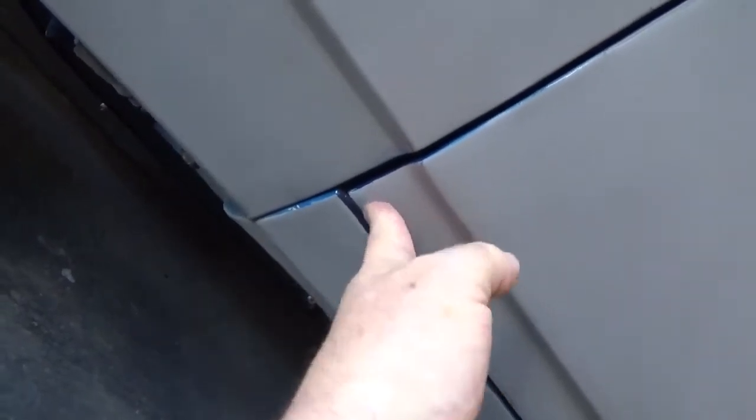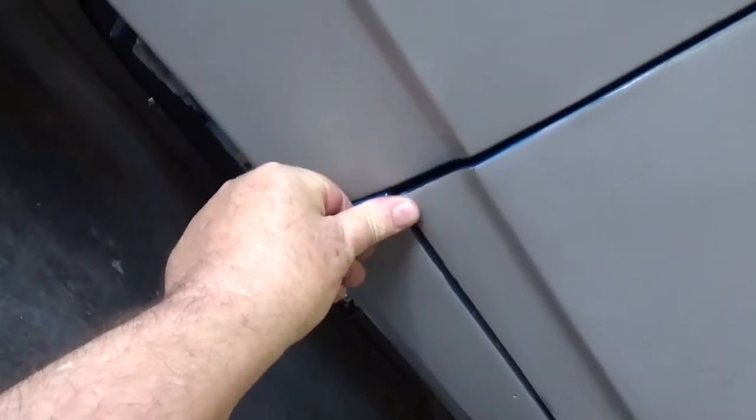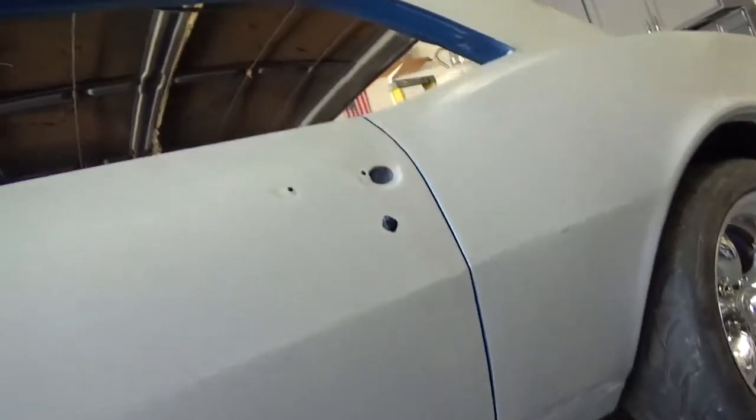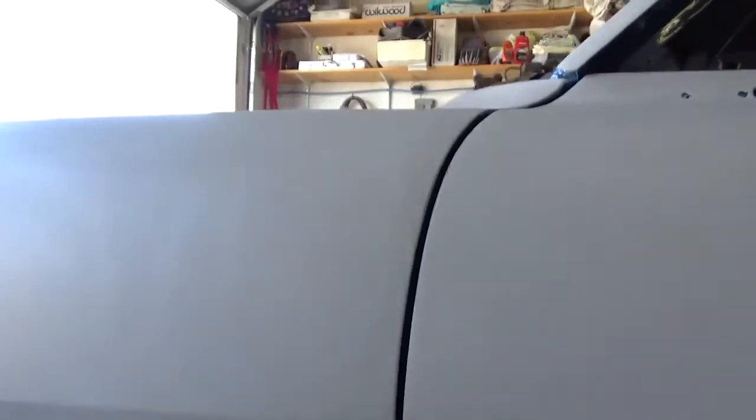But I think it's going to be a happy balance. I could probably pull the door in maybe a 1/16, if that, but I don't know. This door has really good gaps on it, and I don't want to mess with it. It's a tight 3/16 of an inch gap going all the way around. So, I don't know,